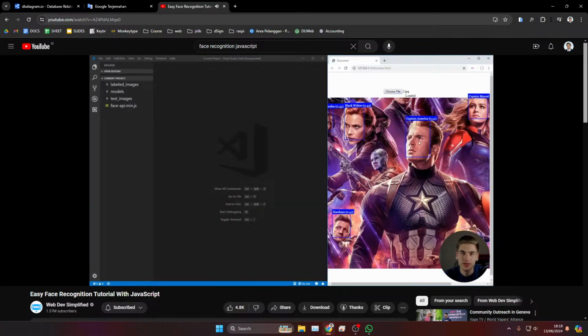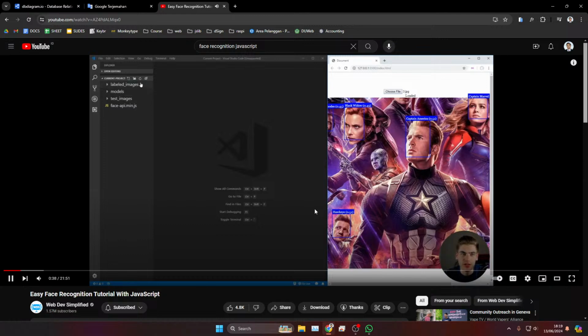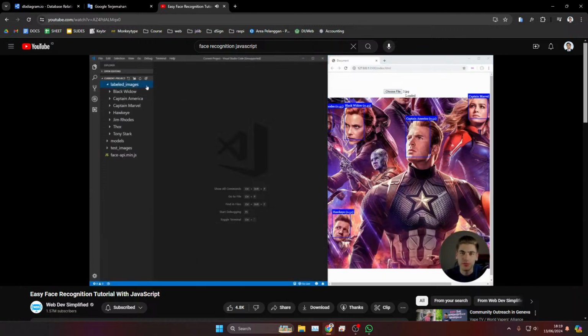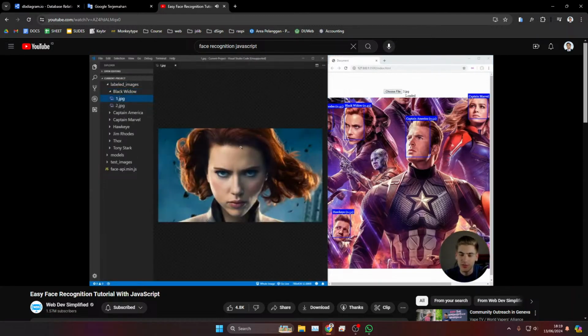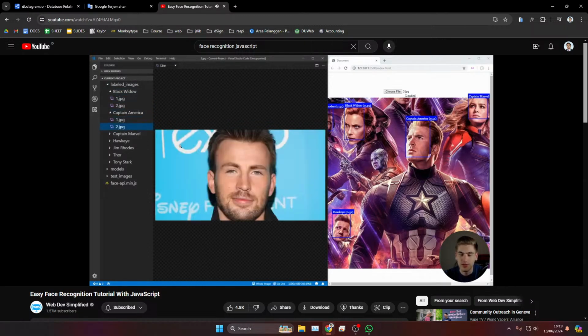To get started doing this, I already have quite a few files in our project. As you can see, I have a folder here with labeled images. This is just facial images of all the different characters that we're going to be able to put labels to their names. So we have Black Widow, Captain America, and so on. And these are just face shots of all these different people. You can find these yourself if you want, or you can find them on the GitHub that I have linked